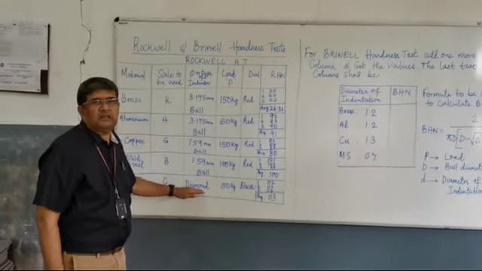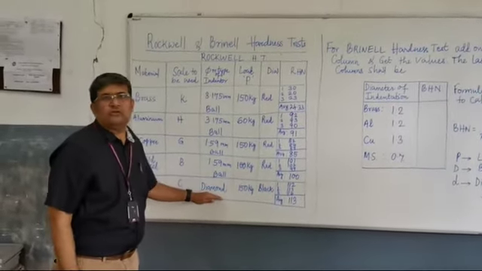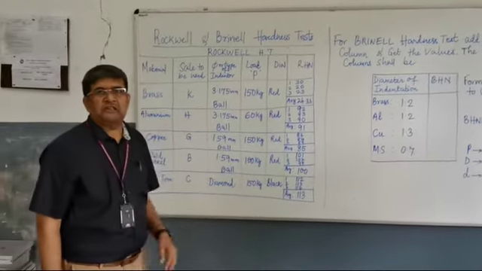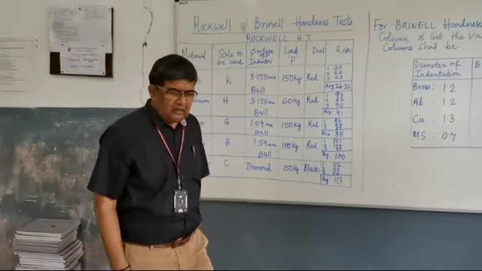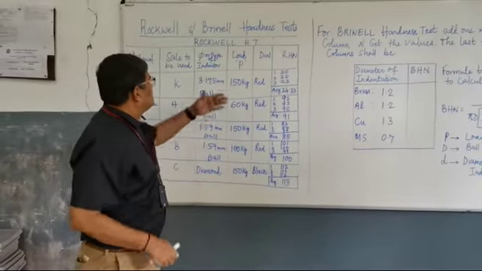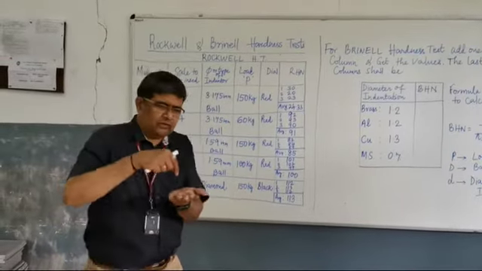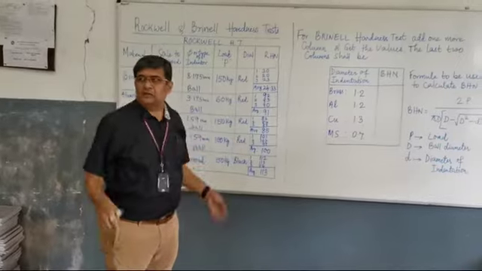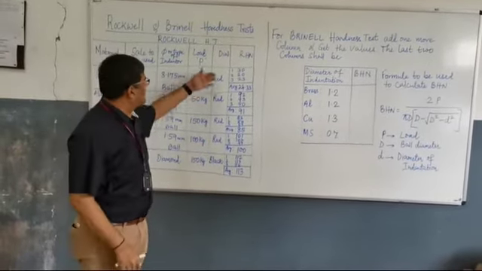And for cast iron, being a very hard material, we are going to use a diamond indenter, because if you use any of the other steel ball indenters, the indenter itself may get damaged. Similarly, once we go to the machine, I will show you the load which is to be applied. Only then will it create a mark on the specimen. I will also show you the dials on the machine and which dial has to be read.